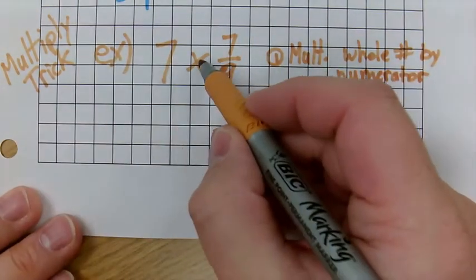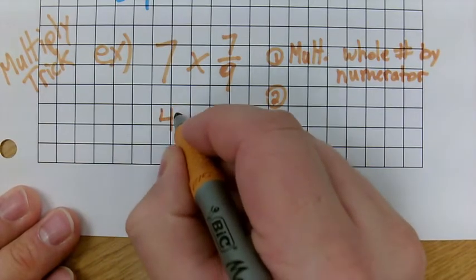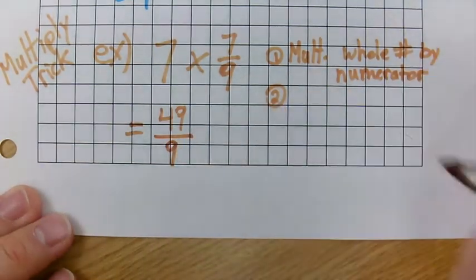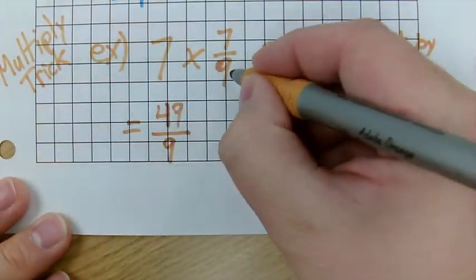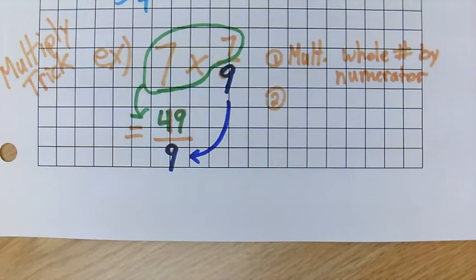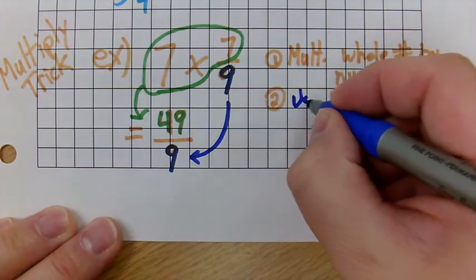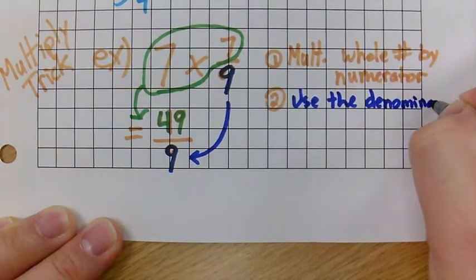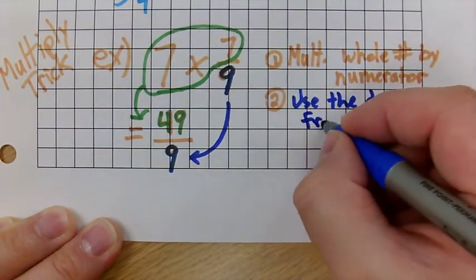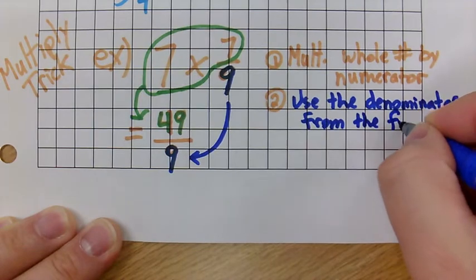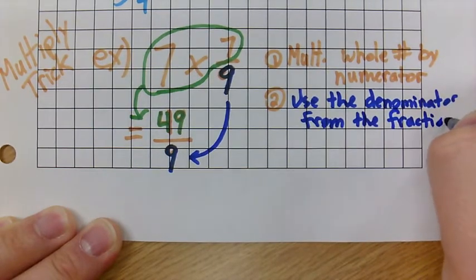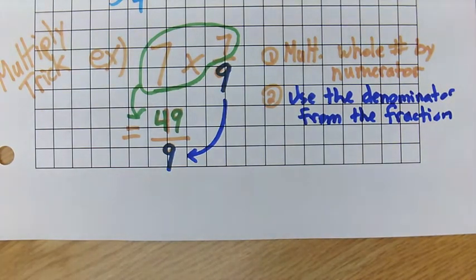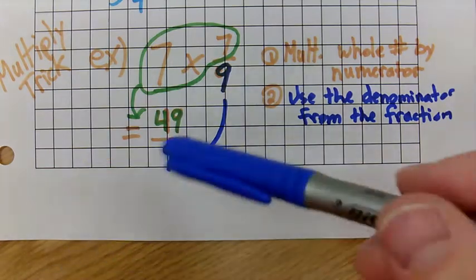So if we do that, 7 times 7 is 49. And then we just put it over our denominator from that first fraction. So that 9 goes down there. Let me use some color to show it. Okay, and the second one is use the denominator from the fraction. Okay. And if that's what you're allowed to leave it with, if it says improper fraction, you can leave it